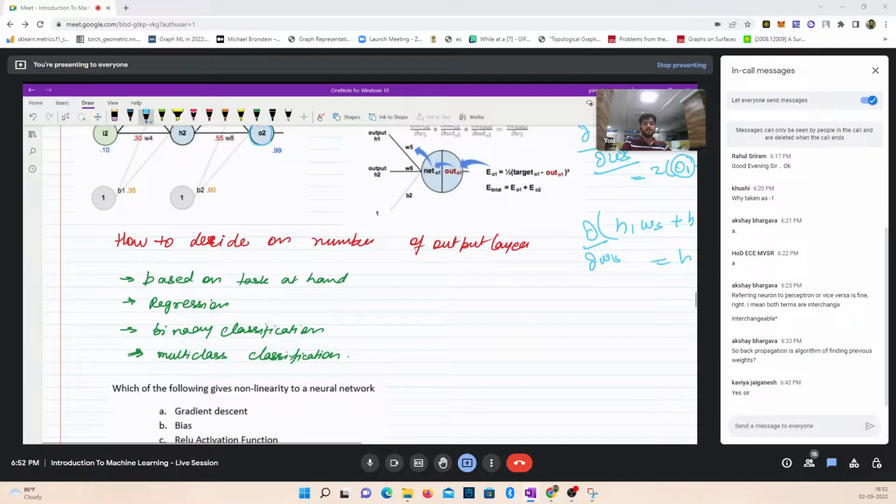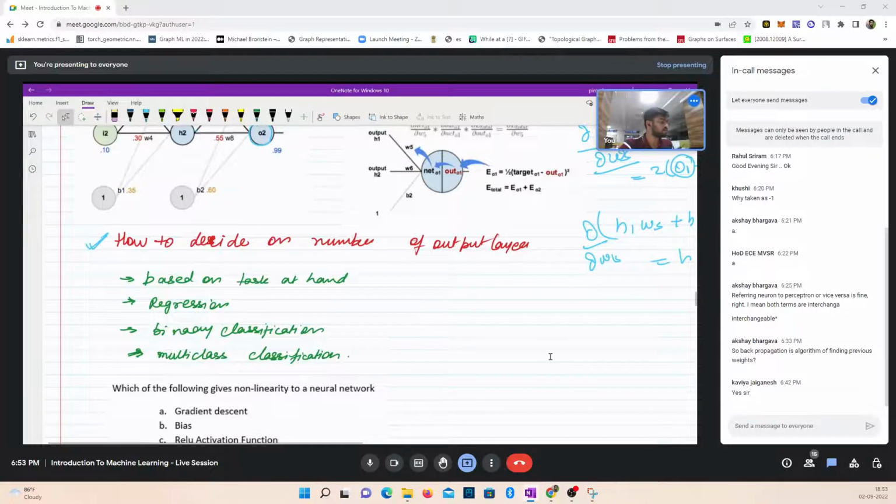Okay. Now, one thing that I wanted to mention, which is important from an application point of view, is how do you decide upon the output layer? Like how many neurons should be there in the output layer? What should be their activation function? So one thing that I personally use is that it is based on your,